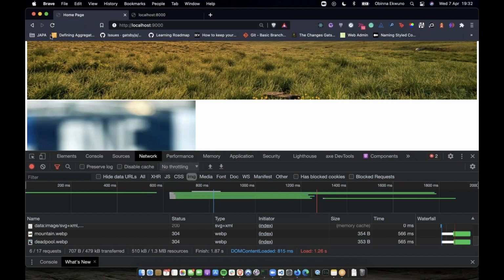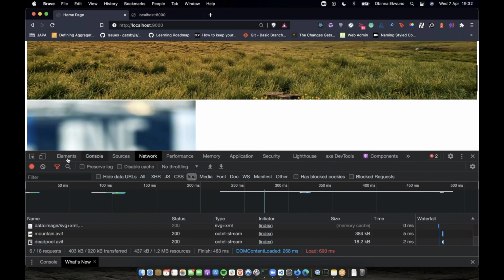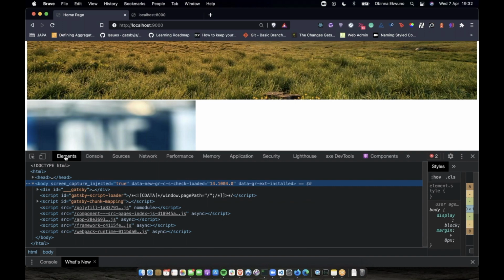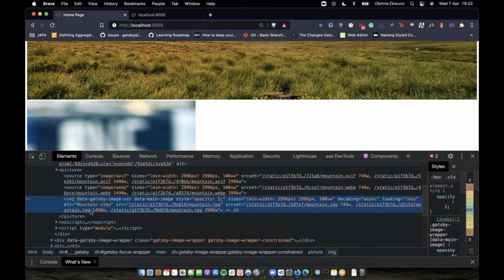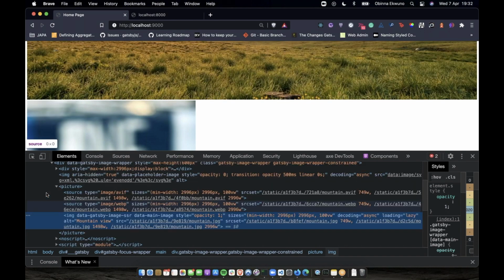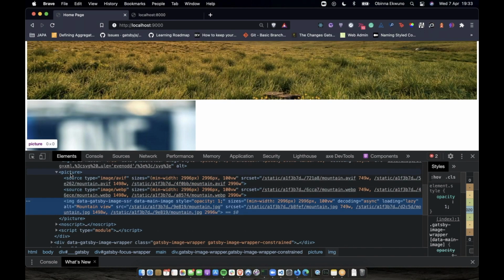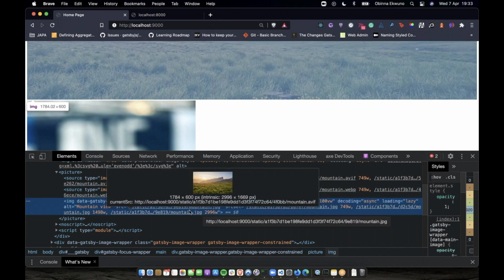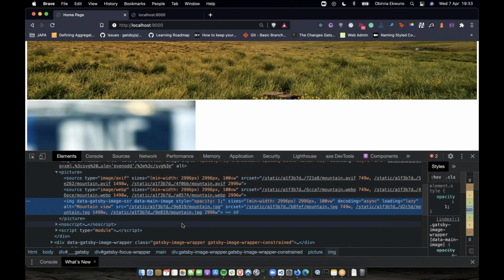So we build this again, and then we check the browser, and I'm just going to put the network back to normal setup. We've seen the traced SVG, but if you want to really see where this formatting comes into play, you can inspect the image. When Matt was explaining how the picture element allows you to have different types of formatting, you can see that by default it already does that for us with just one line. So you have the AVIF option here, you have the WebP option here, and you have the auto, which is JPEG.